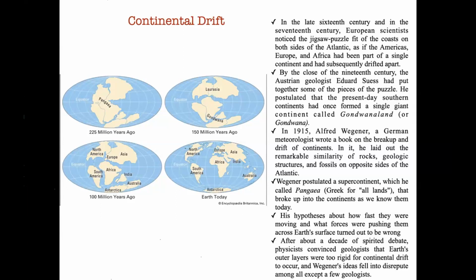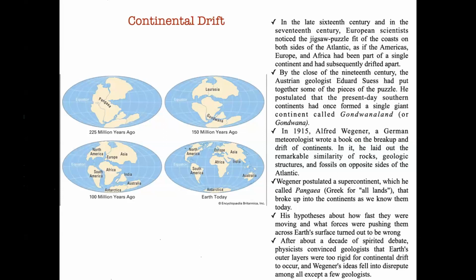the outer layer of Earth is too rigid, that continental drift would be very difficult to occur. And somewhere the hypothesis of Wegener talking about plate movement or continental drifting was not accepted, except by a few people